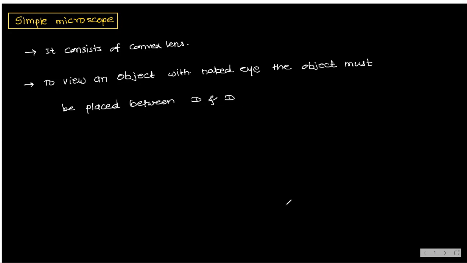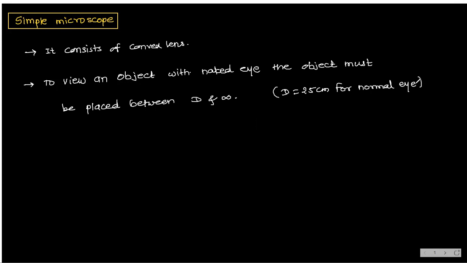D means the least distance of distinct vision. The least distance of distinct vision is 25 centimeter for a normal eye. So D is equal to 25 centimeter for a normal eye.